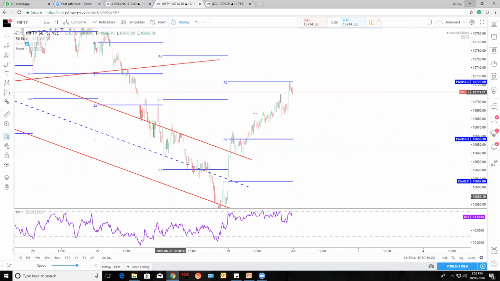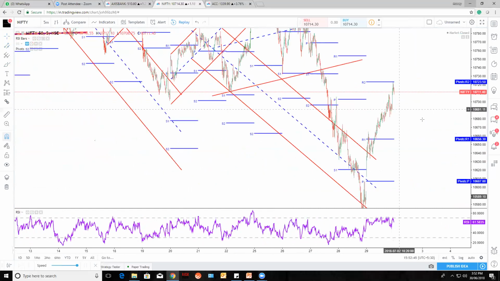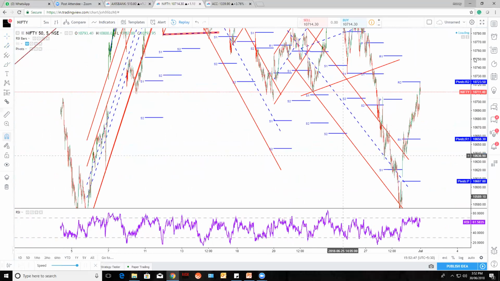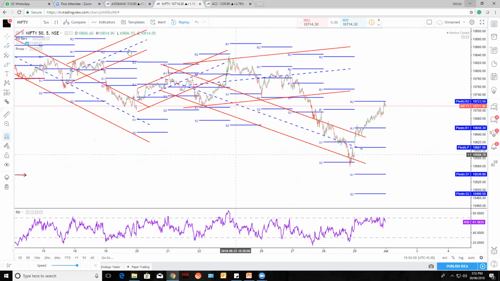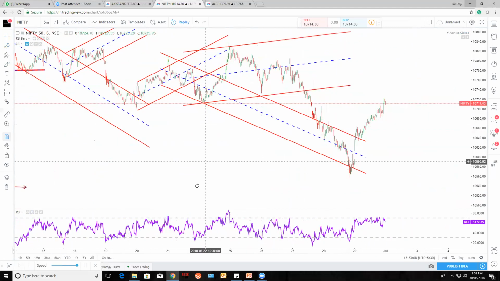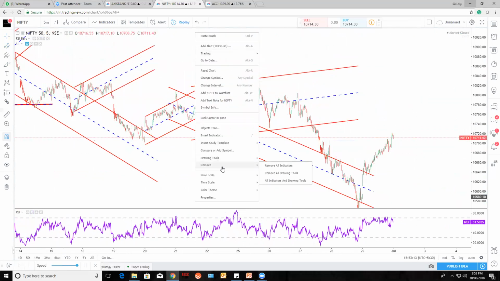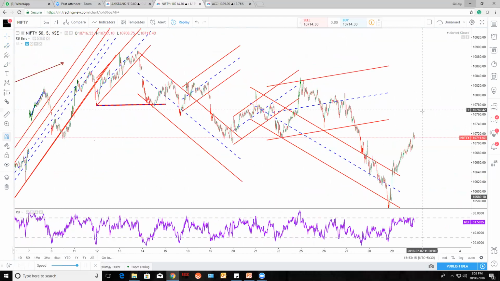Let me explain once again. These are the channels you need to draw, and you need to shift your channel as the price moves, so that you will get different channels, and you will get a good confirmation on the channel's high and channel's low. At least you will come to know that at the channel top you're not going to buy, or at the channel low you are not going to sell. At least that much care we have to take, right? So at the channel low we are not supposed to sell. At the channel top we are not supposed to buy, right?